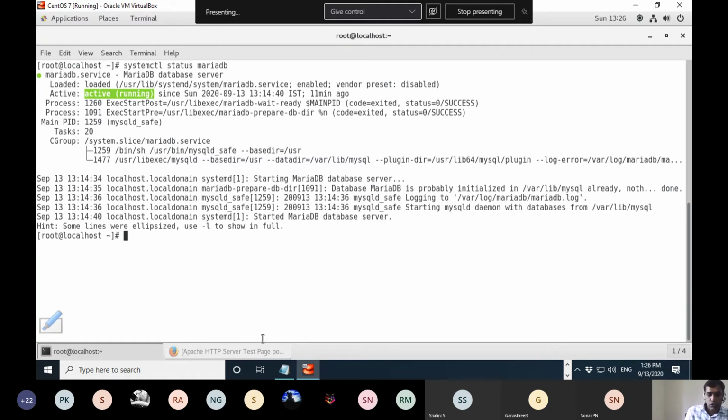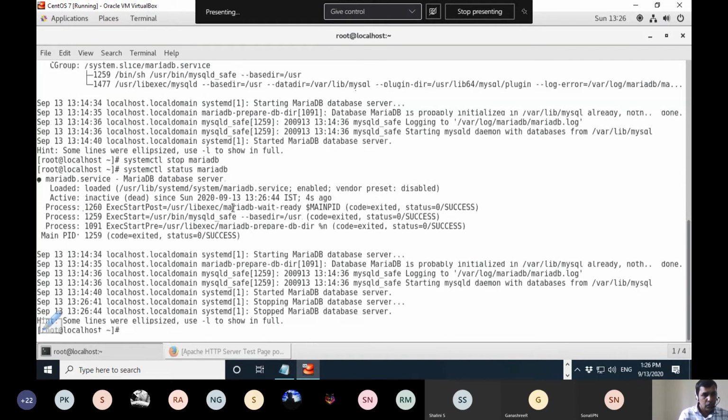If you want, you can stop it. For example, I will stop it. Give the command to stop it, then again see the status. The status says MariaDB is inactive or dead.